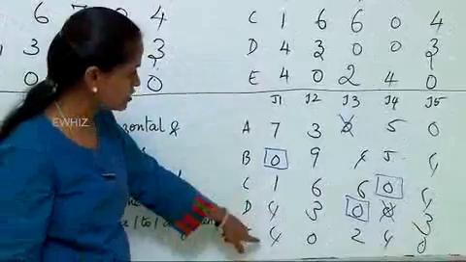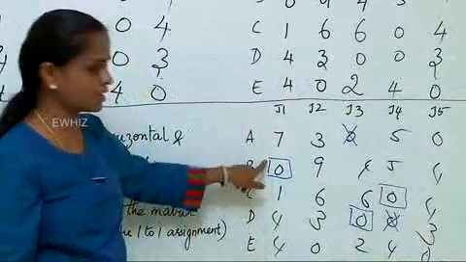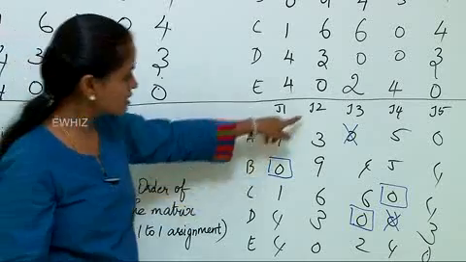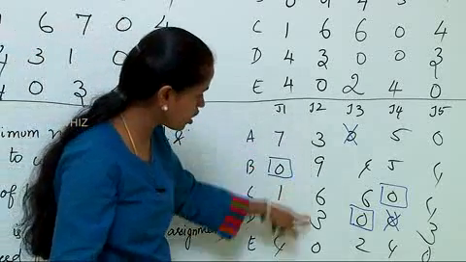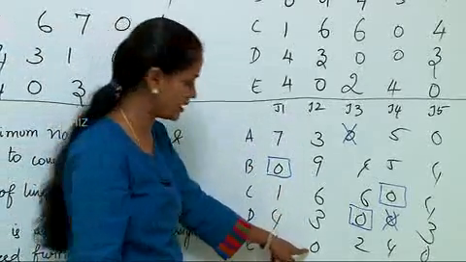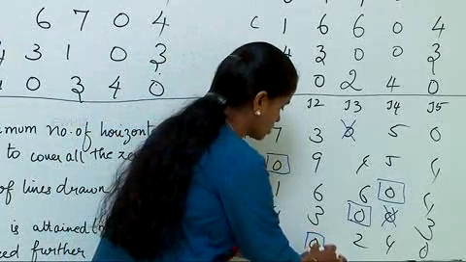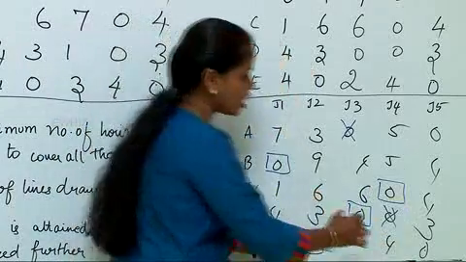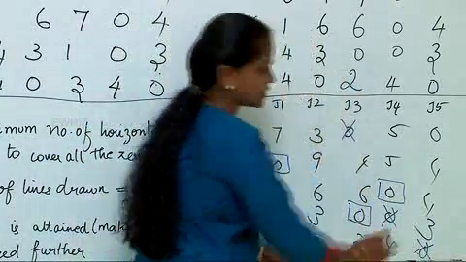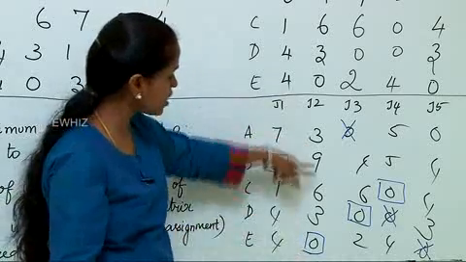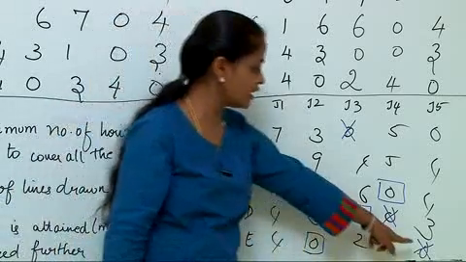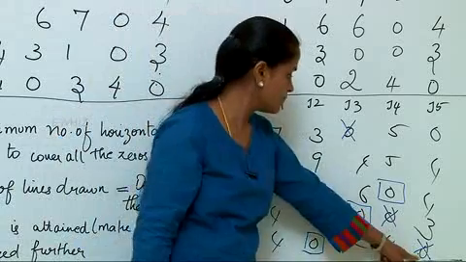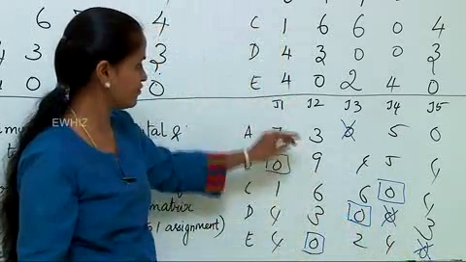So scan the entries column wise. First column already it is assigned, don't bother. Second column, now when you scan column wise there is only one 0 there. So you just mark the 0. So corresponding row you just scan the row and cross off any other 0 if it is present in that row. So it's because this 0 is encircled. Now I am crossing the 0 present in the same row, E J5.